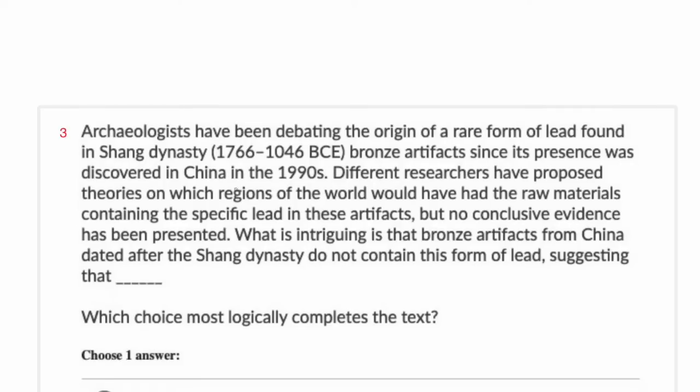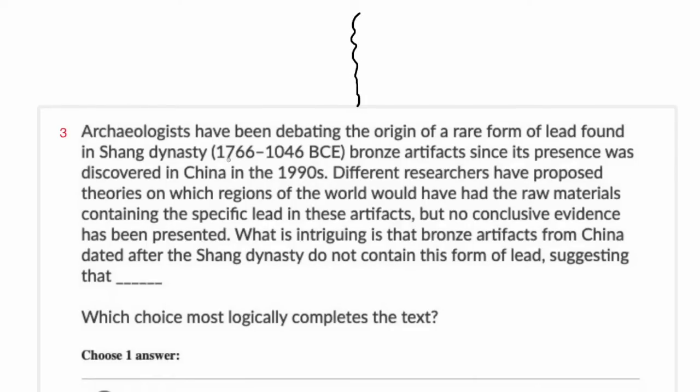Different researchers have proposed theories on which regions of the world would have had the raw materials containing the specific lead in these artifacts. Again, an artifact is just something made by humans. Okay, it could be tools, equipment, whatever, but no conclusive evidence has been presented. What is intriguing is that bronze artifacts from China dated after the Shang dynasty do not contain this form of lead, suggesting that, well,